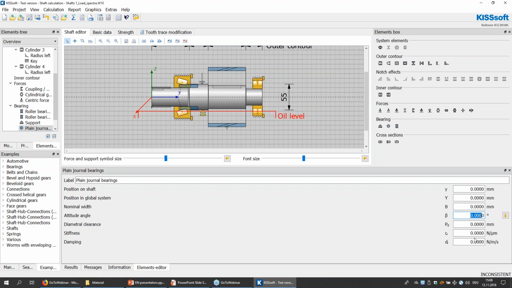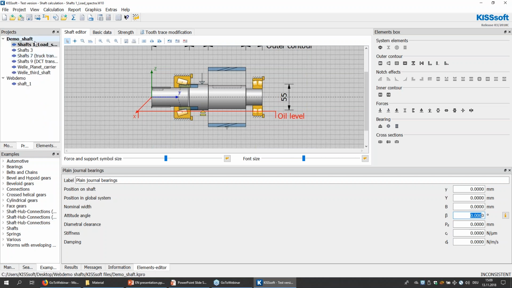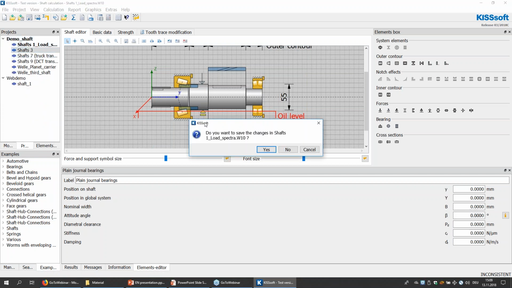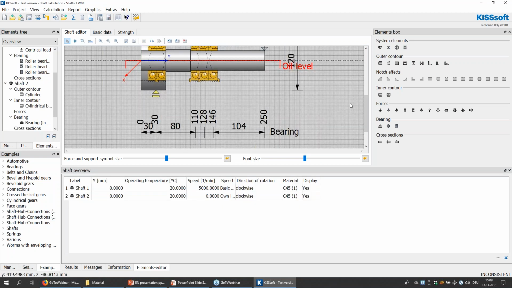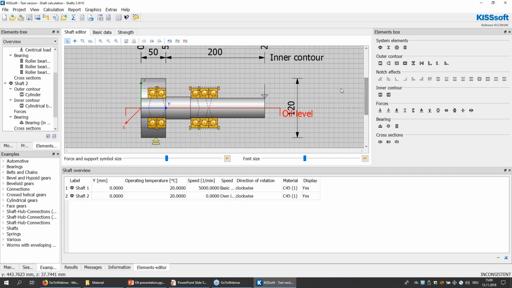Talking about supports, another really important thing we should mention for rolling element bearings is how you take into account the stiffness of the bearings. So I have another example here. This is also one of the examples coming with KISSsoft. You see we have a case of many angular contact ball bearings, one next to the other. This could be, for example, a high-speed rotating spindle or any application like that. So I just opened this example to show you how important it is to take into account